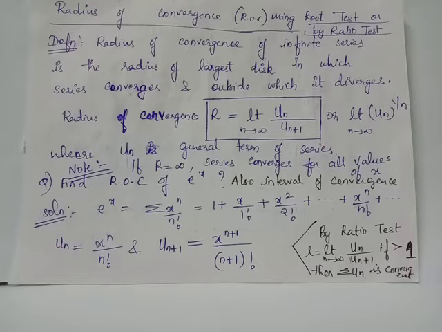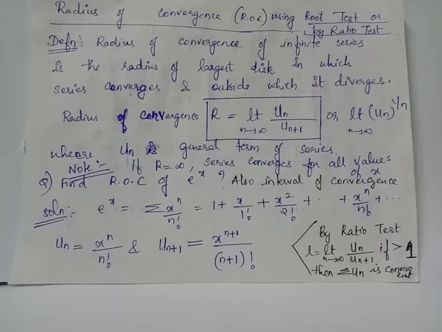Whenever you have radius of convergence R equals infinity, it would mean that the series converges for all values of x in the real line. If you obtain summation a_n x^n is a power series for which radius of convergence equals 0, then we will conclude that the power series will converge only at x equals 0. If you obtain for a power series summation a_n (x minus a)^n the radius of convergence R equals 0, it would mean that the power series will converge only at the point x equals a.